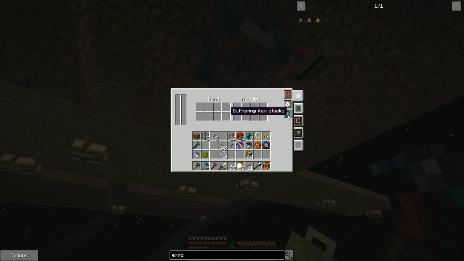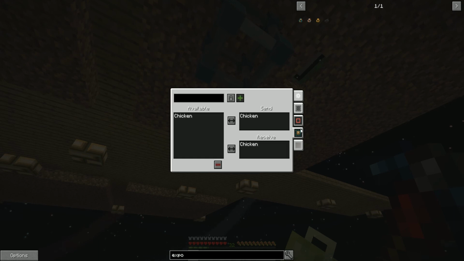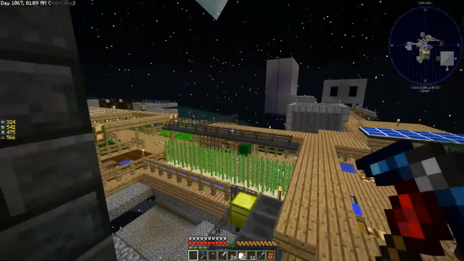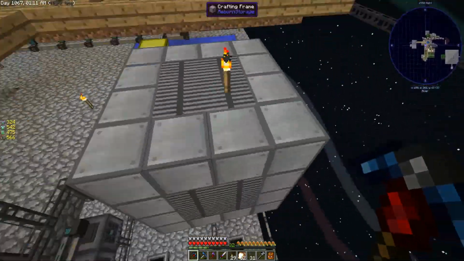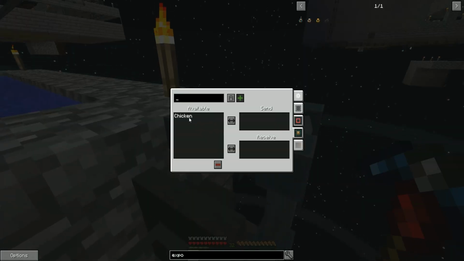Buffer single items, buffering item stacks. Receiving. Chicken. That's why I have to put the item filter out. So it is receiving. So if I go over to that one then, okay, I understand now. The channels are done individually. Okay, I'm just silly. So we're going to go over here and we're going to say, I want you to